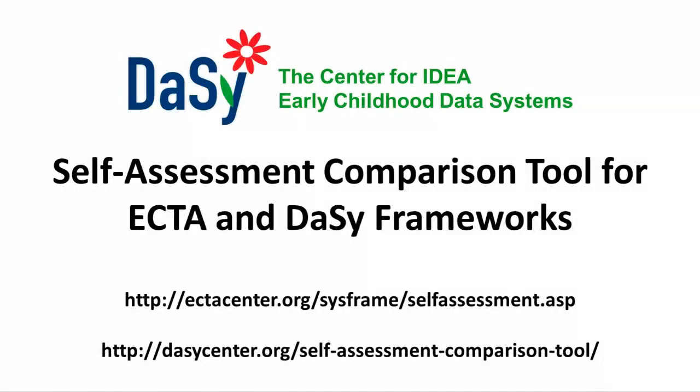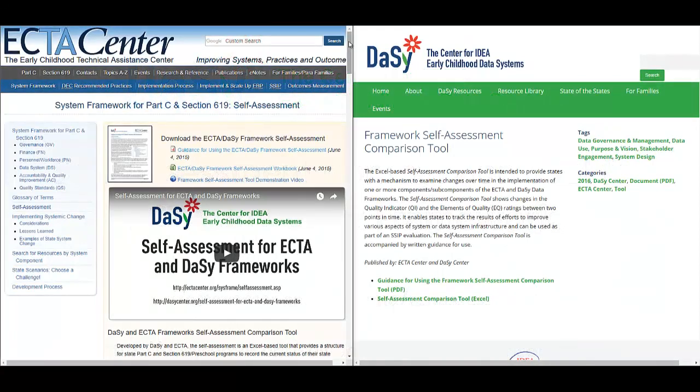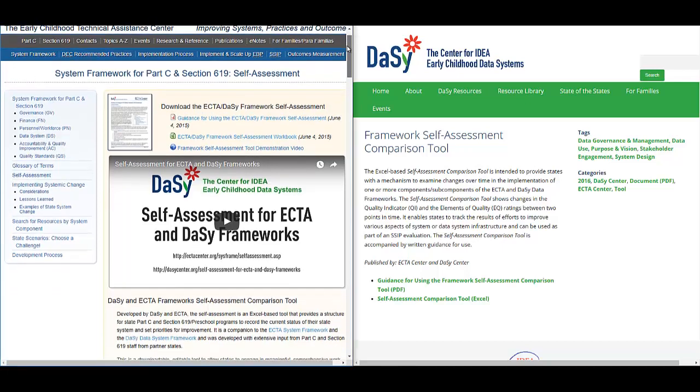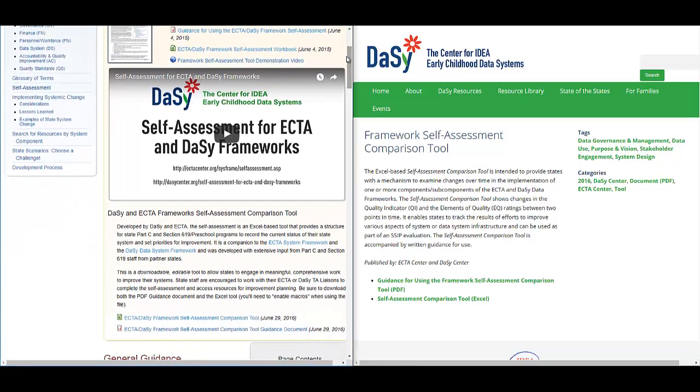Welcome to the Introduction to the ETCA DaSy Framework Self-Assessment Comparison Tool. This guide will help you to navigate the comparison tool after you've performed the ETCA DaSy Framework Self-Assessment. If you haven't completed that yet, it's recommended you either do so or view the tutorial on how to use